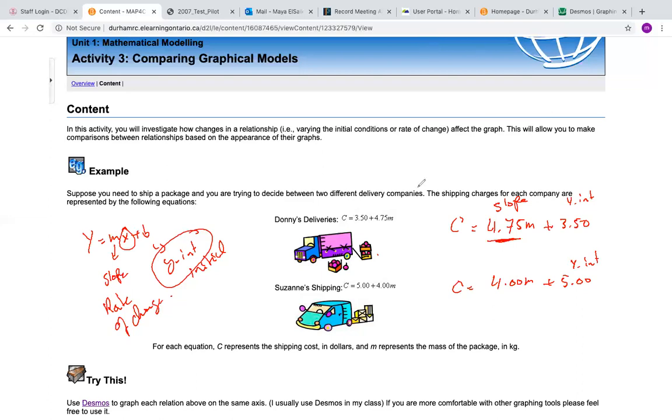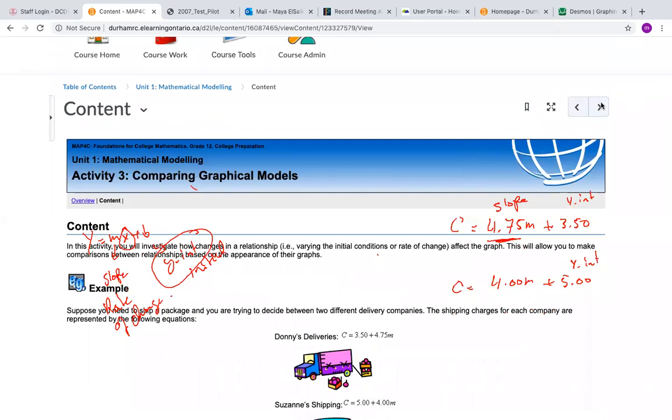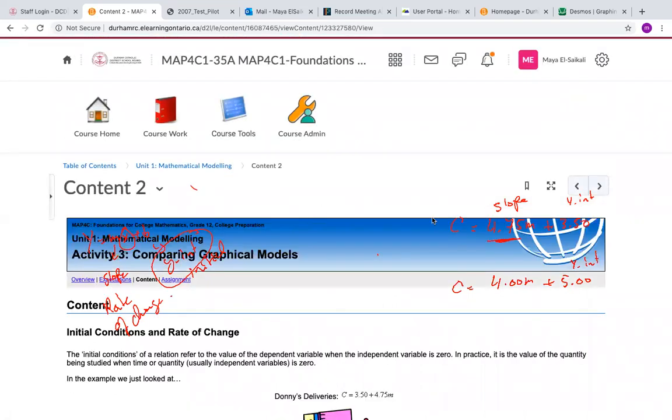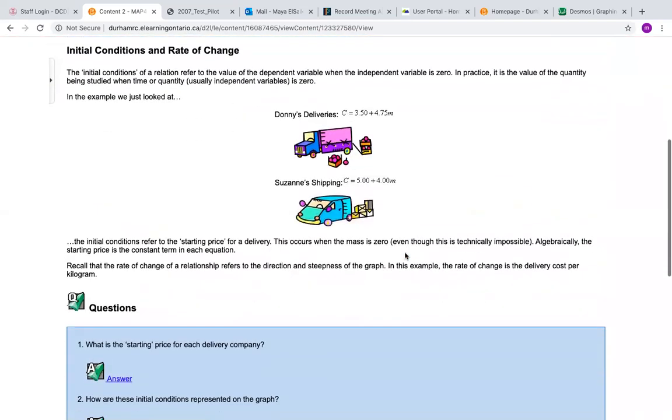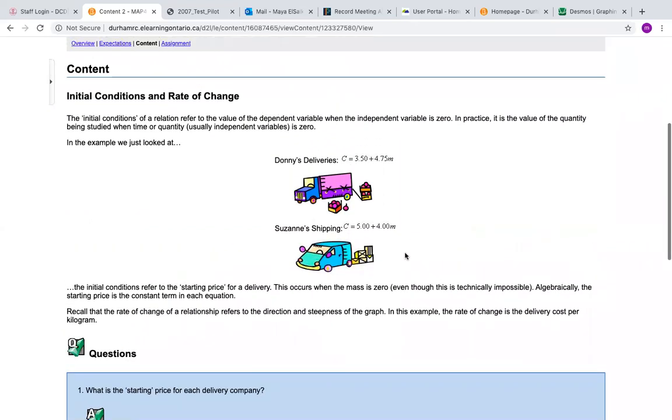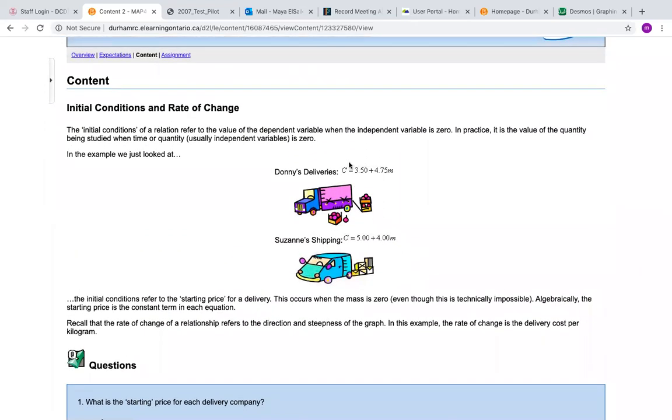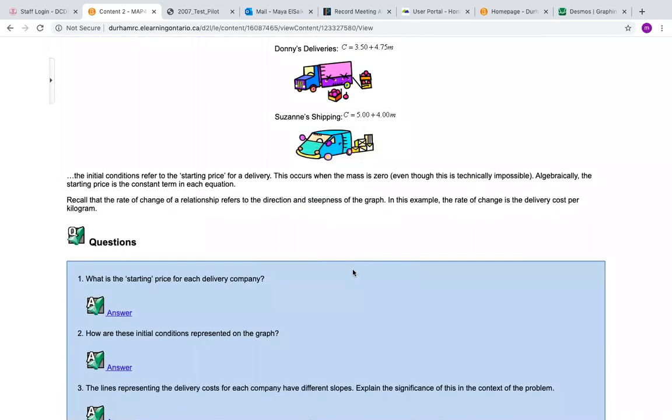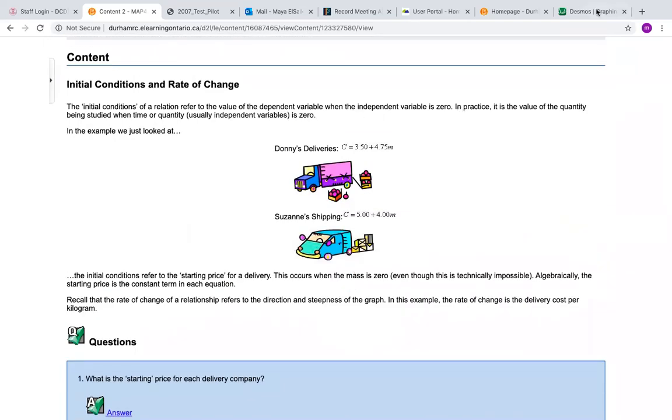Let me go back here and see what we have. What is the starting price for each delivery company? We already discussed that: the starting price is $3.50 for the first one and $5 for the second one. How are these initial conditions represented on the graph? So if I'm going to graph this,